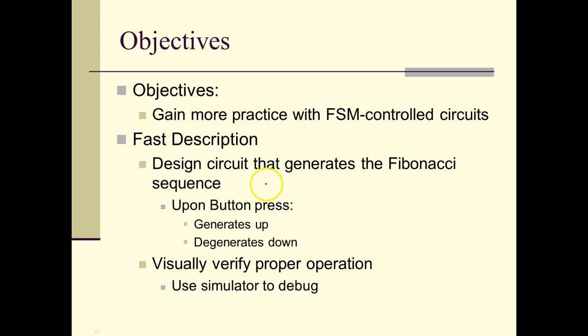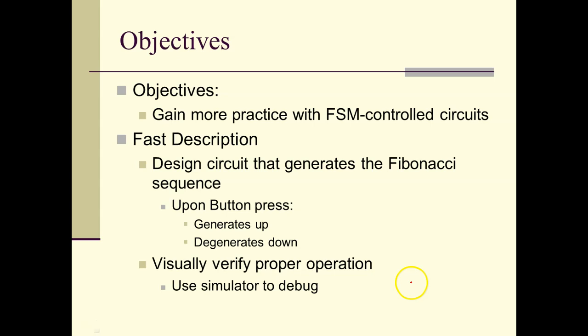And the quick description, very simple. Design a circuit that generates the Fibonacci sequence. It's a little bit unique, and I think it generates the first 16 or 17 values in the sequence. It generates them going upwards, and then it degenerates them by going downwards. There's a display in the next slide on this. You're only required to visually verify the operation works properly, although you may want to use the simulator to